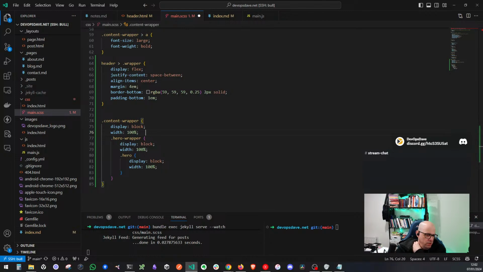So we want, oh, wrong window. We want minimum height. Okay, those are all the stages, but where is